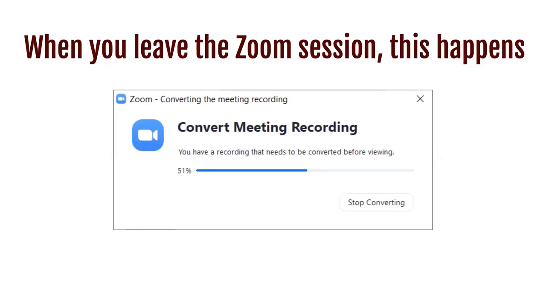When you record a session to your local computer, after you leave the session or the meeting, it will take some time to convert that and process it on your local hard drive. It'll take a few minutes. It's going to tie up your computer, or at least your Zoom application, for a few minutes, but it's not going to take all day like it might if you're recording to the cloud. So you should expect to see a message like this. Next slide, please.